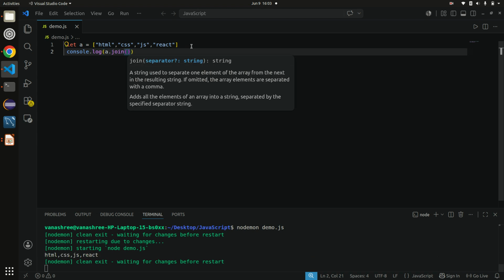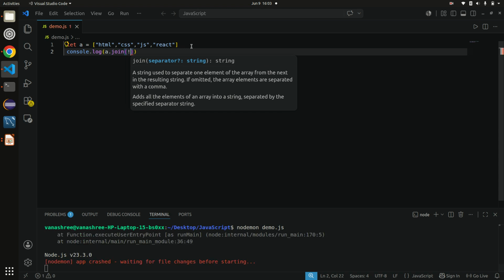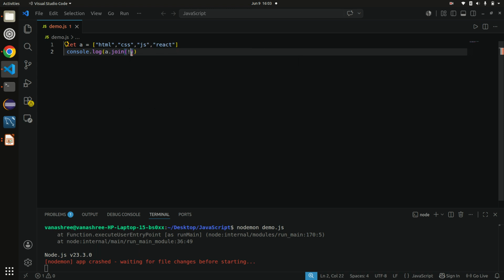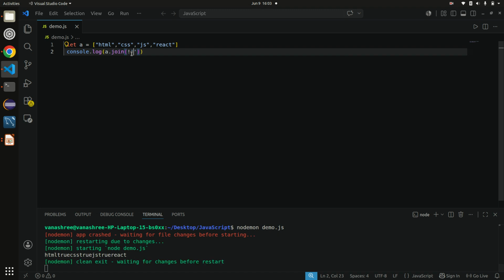Okay, so here, whatever you want you can use as a separator. You can use a separator as per your choice. I am using this as a separator. You can use a comma, you can use anything as a separator. So if you can see here,